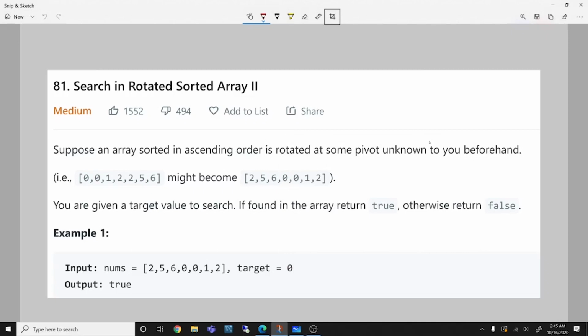So today we are going to discuss another important LeetCode problem. The difficulty level of this problem is medium and the name of the problem is Search in Rotated Sorted Array 2. This problem is based upon binary search. Even though when we discuss the conditions it won't be very necessary to know about binary search, I would still recommend for you to study about it beforehand so that you are more comfortable with the explanation.